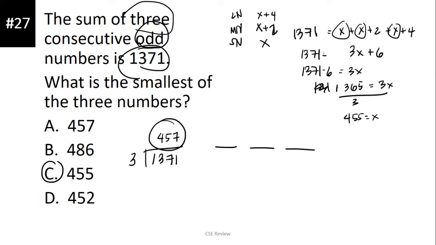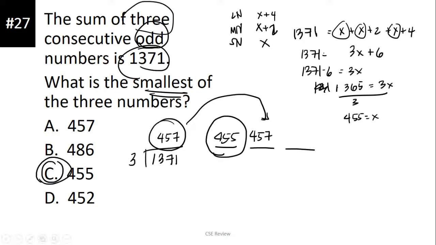Kung ano yung sagot na yan, lalagay mo siya sa pinaka-gitna. Ang pinaka-gitna is 457. Now, kung ang middle number natin is 457, ang hinahanap natin is smallest number, kasi yan ang hinahanap, iuurong lang natin siya. Ano yung odd number na sinusundan ng 457? That is 455. So, it's still the same answer. So, you just choose kung aling method ang mas madali for you.